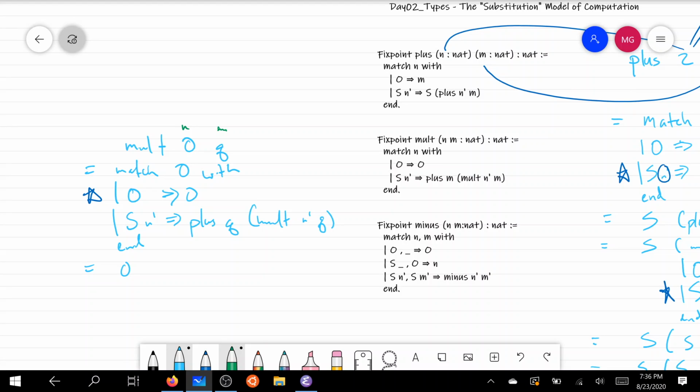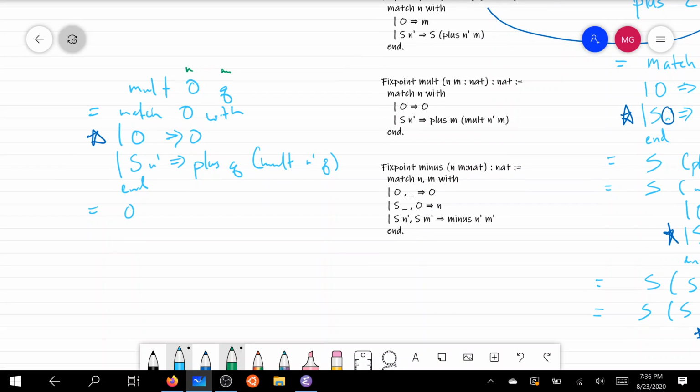Interesting. Cool. I think it's kind of neat that we were able to do that computation without knowing anything about q. Right? We just told it in advance, look, it's really clear that this has to be 0, because we're going to do cases on the first n, and that's going to take us straight to 0. We never even look at the second argument. Okay, let's contrast that